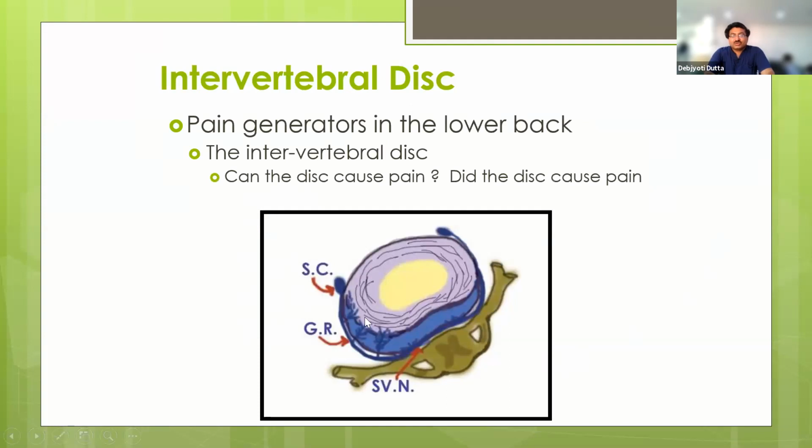anatomy. So here is how the disc is and how the nerve supply of the disc occurs. So in the disc, the inner part is the nucleus, the outer part is the annulus. And this annulus is again divided arbitrarily into three portions: the inner 1/3, middle 1/3 and outer 1/3. In the outer 1/3, we have the blood vessels and the nerves, and these nerves are derivatives of the grey rami communicantes, the sympathetic chain, and the sinuvertebral nerves.